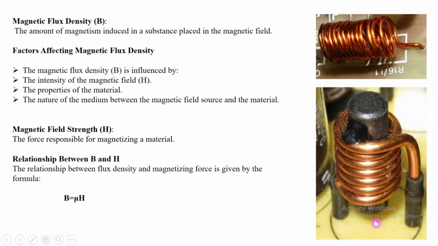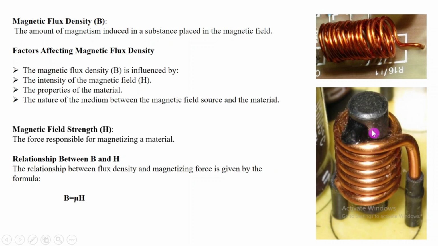Okay, now if we place this material in the varying electric field, meaning that if we provide alternating current to this, at the first half cycle the current will flow in one direction. One side of this soft iron will be north and the other side will be south. Now in the second half cycle of this alternating current, the direction of the magnetic field will flip. So for one cycle, two times the direction of this magnetic field will be changed.